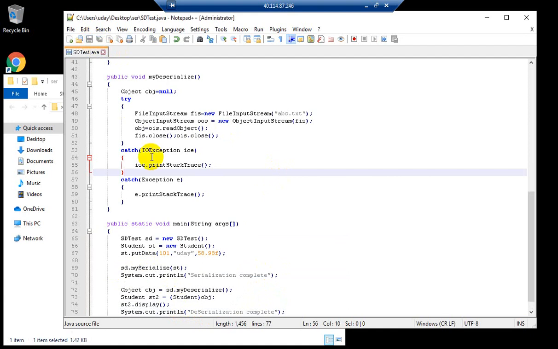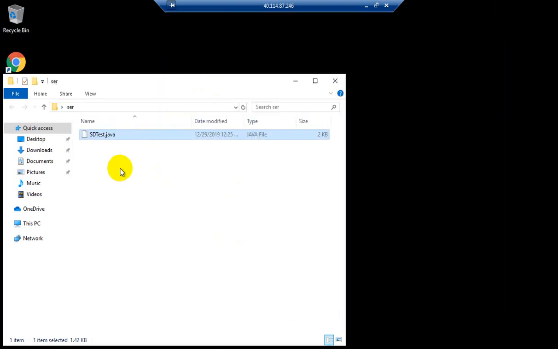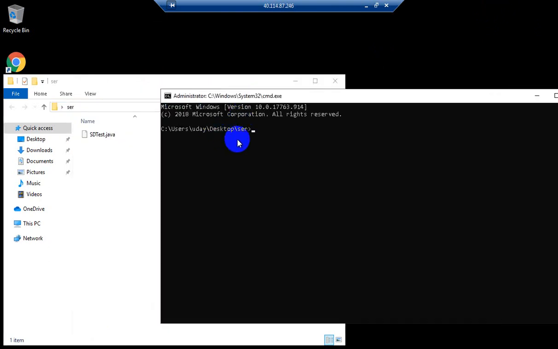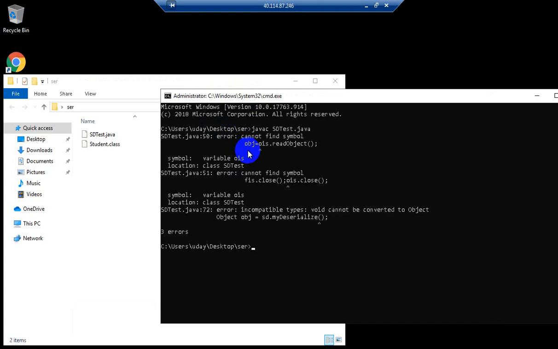So now the flow is, let me execute that first. Now this is my working directory. Let me compile this. If any errors, it should come. Of course,